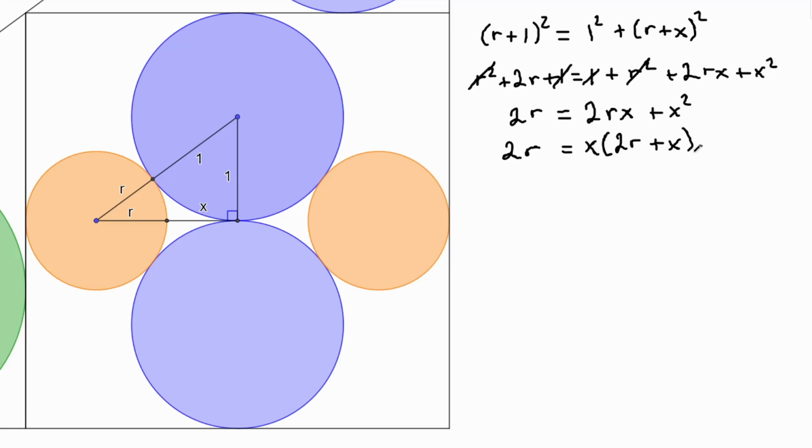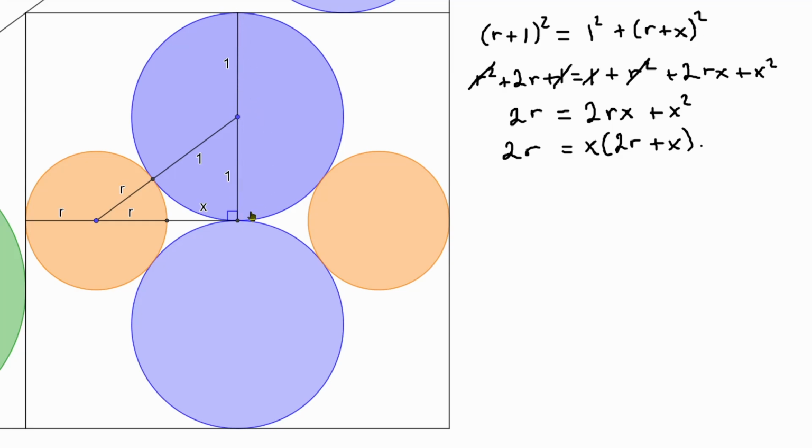At first glance, it may not seem like this relationship will yield us anything of value, but looks can be deceiving because we haven't really extracted all the information we can extract from our image of the square. Now, I've added some distances in this image here, like this distance from the center of the blue circle all the way up to the upper edge of the square. And what I end up with is a distance from the point of tangency between the blue circles and all the way to the upper edge of the square, which is equal to 1 plus 1, which is equal to